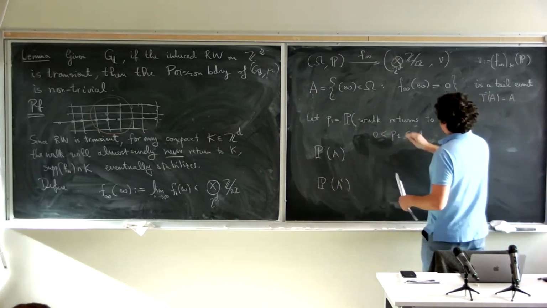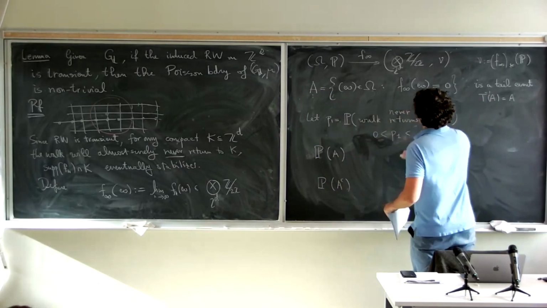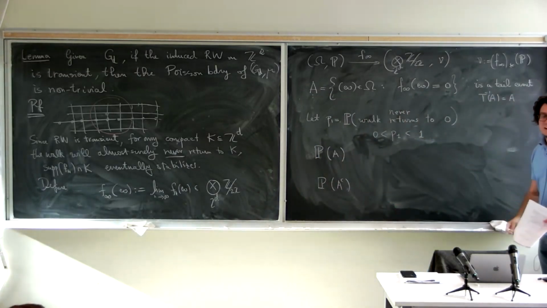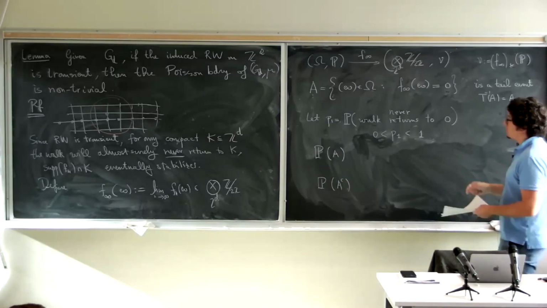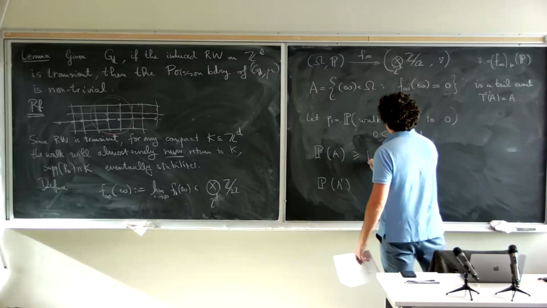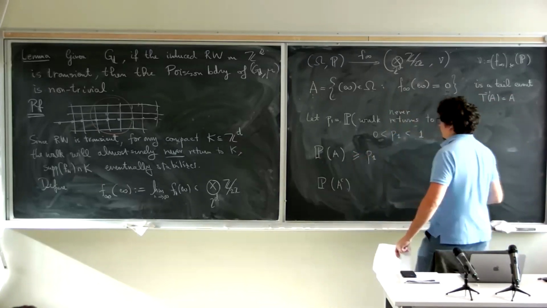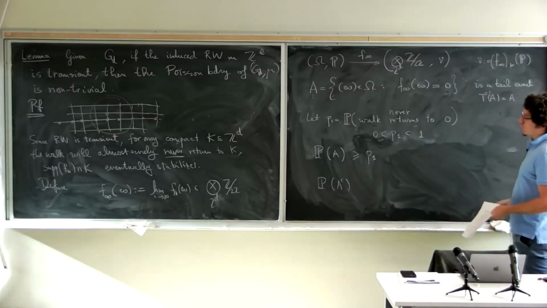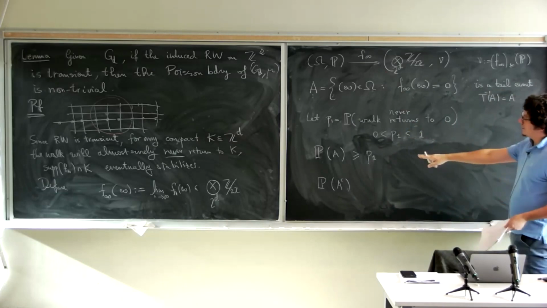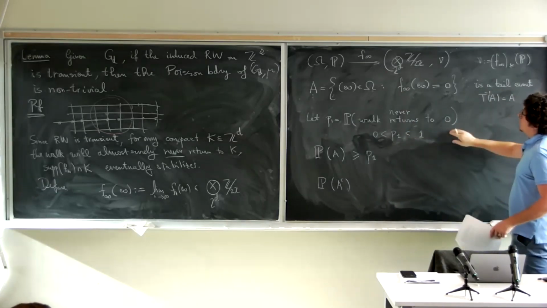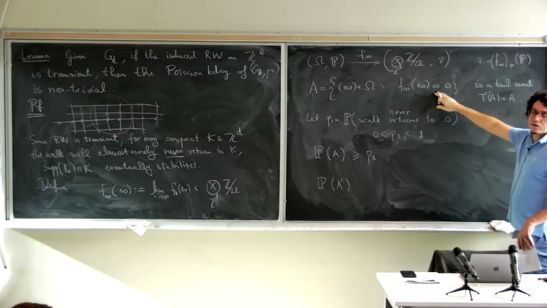Oh, sorry, the probability the walk never returns. No, it would be the same, but let's say the opposite: the probability that it never returns to 0. So the probability of A is bigger than P1, because what you could do is nothing and then never return to 0. And then your limiting configuration